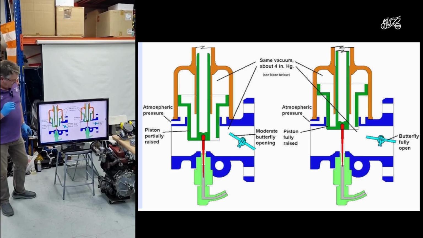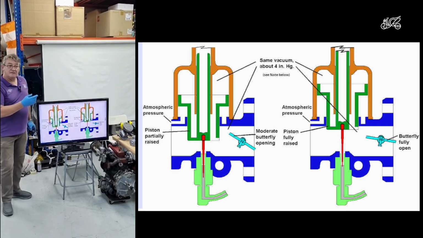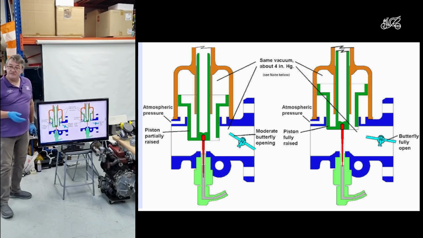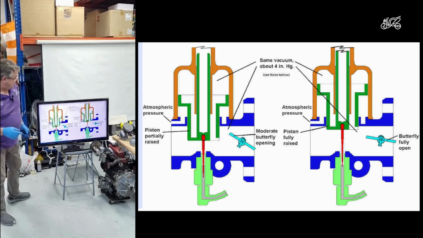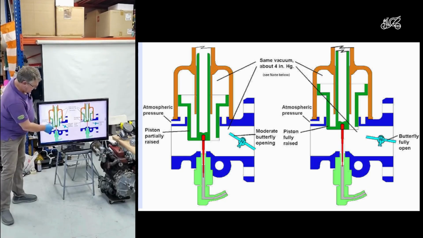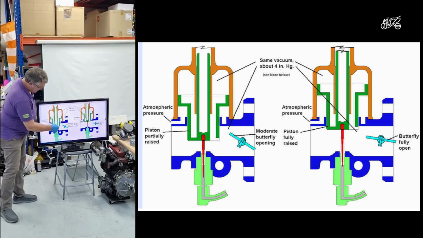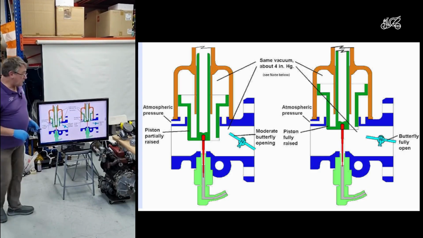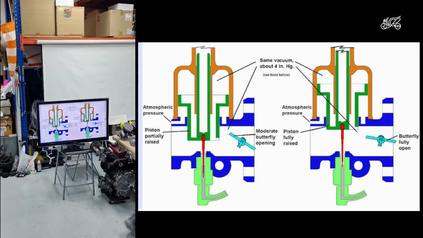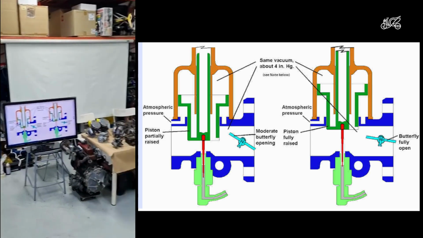So it works very well, and the SU carburetors and the Stromberg CD series carburetors, they use the same method. Right, so the interesting point about when they're working is that under steady state conditions, at different engine speeds, the pressure's the same, even though the piston's in a different position. Now it gets a bit more complicated because, again, you want some